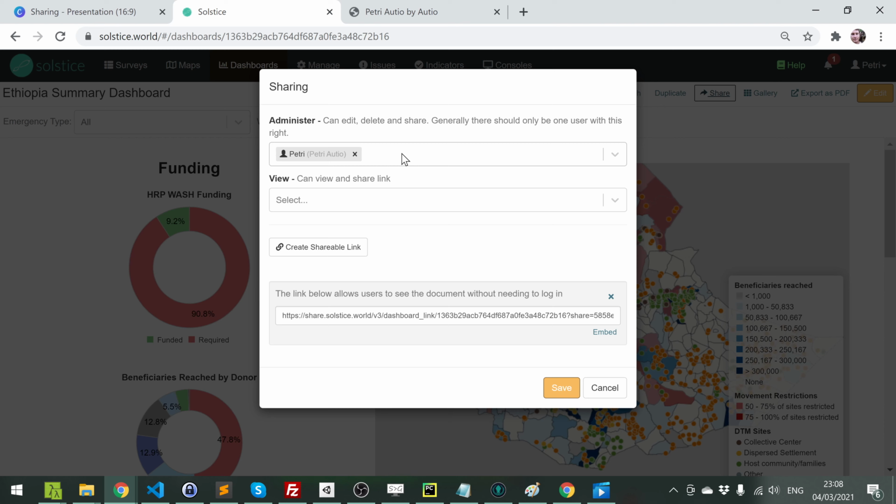2 drop-downs where I can start adding users. So if I had a particular user in mind who I want to be able to see this dashboard, I can enter their username here. And this means they can navigate to this URL, and they will also see this dashboard in the list of dashboards on the dashboards page. And the same applies for maps and consoles, as well as data grids. Note that you can also